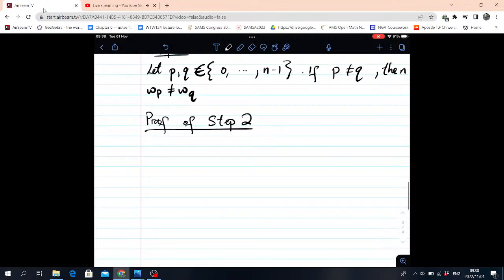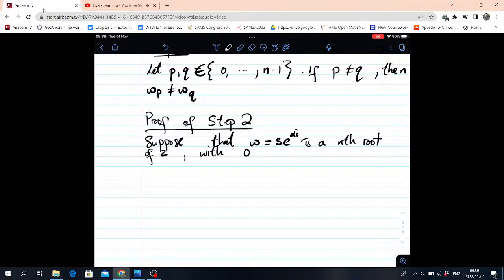So we start off with saying, suppose we do have a complex number w that is an nth root of z, with the argument between 0 and 2 pi. This we can always do